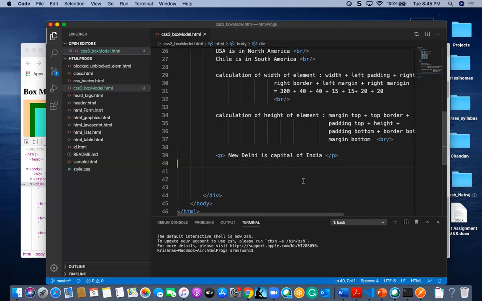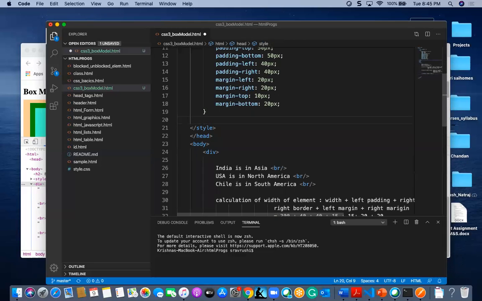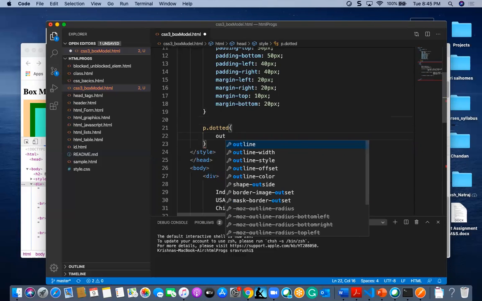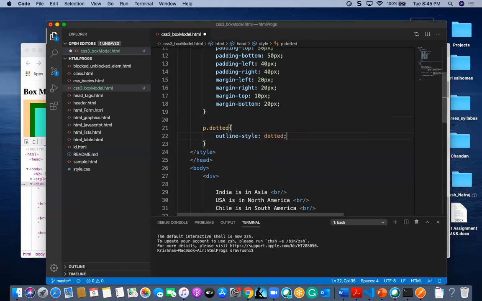For that, we have to take a para, and in that para we give p dot dotted, and inside it I mention the outline style with a dotted parameter.